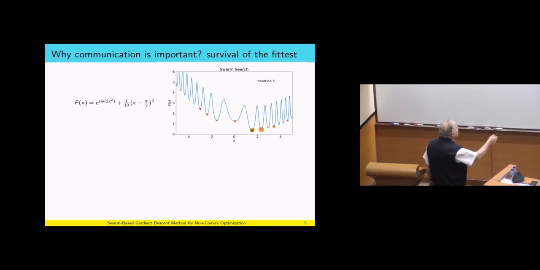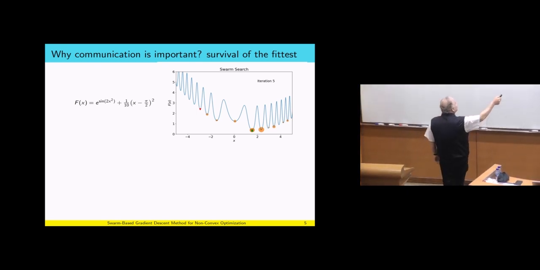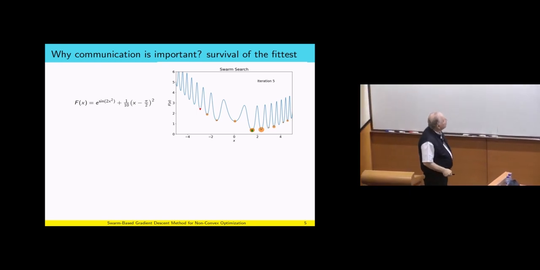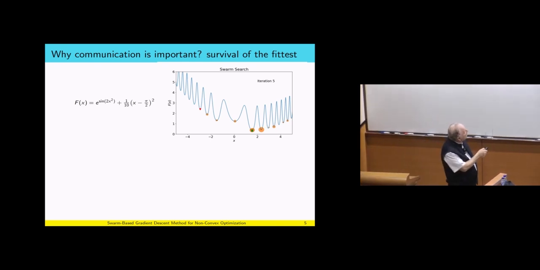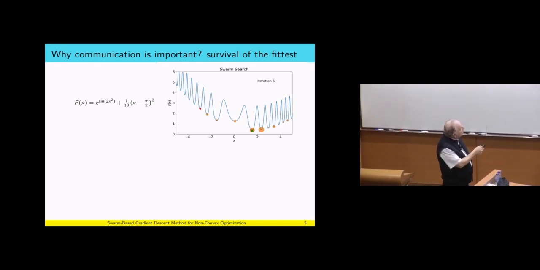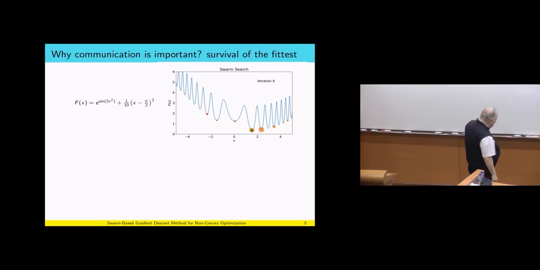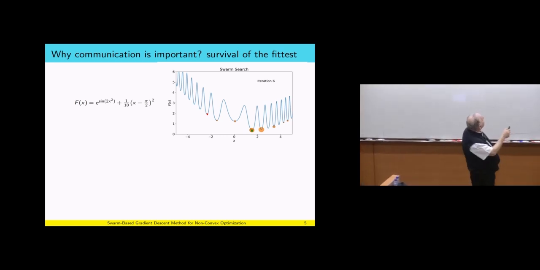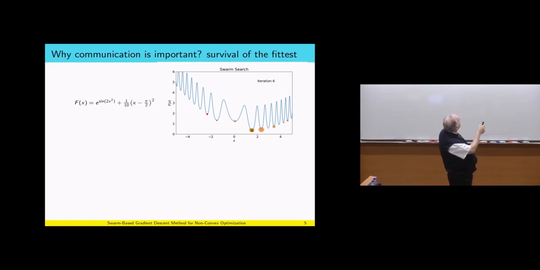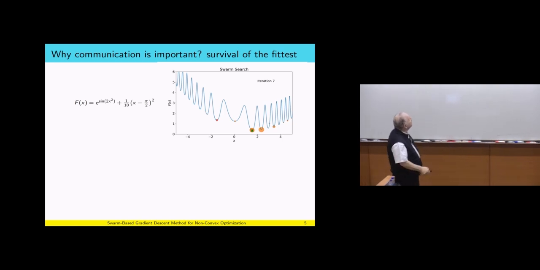Next, you can see that the survival of the fittest continues with this red dot. Now we have less mass here. It went actually to here. But this is still the heaviest because very little mass shed from here to there. And you get all these other agents which are floating around over there. How are you going to get rid of them? Well, you can see what happens with the survival of the fittest. Still, more mass is accumulated here. This is now lightest, right? It's lighter than before. Next step.